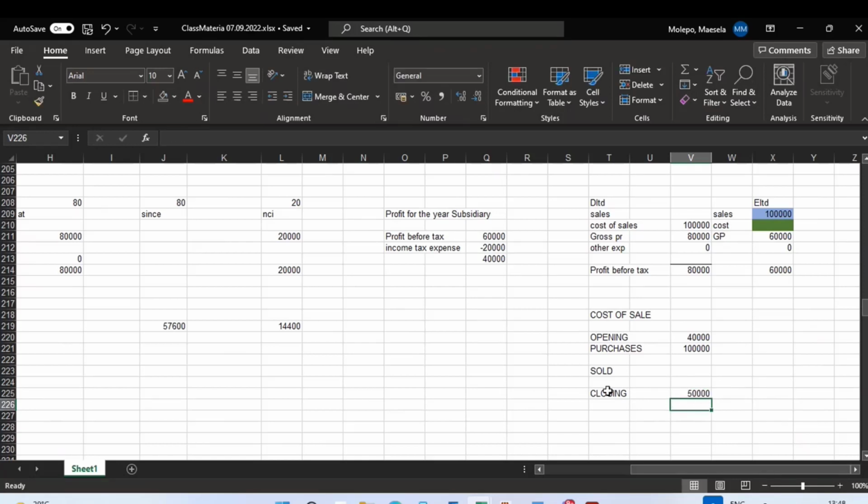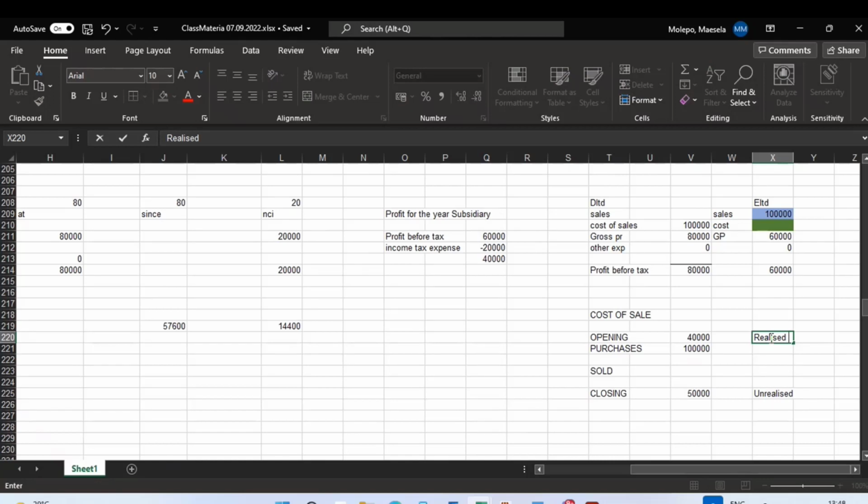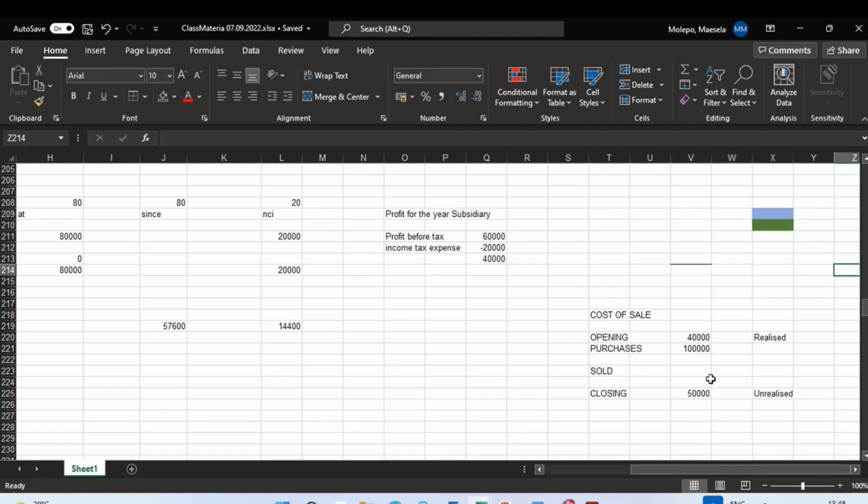So this one will generate unrealized, while this one will now generate realized. So when you are doing things at the end of the year, the one which is realized is going to be added. The one which is unrealized will be subtracted. So this one I can just rub off actually. So now on our workings here, profit for the subsidiary, we're going to now add